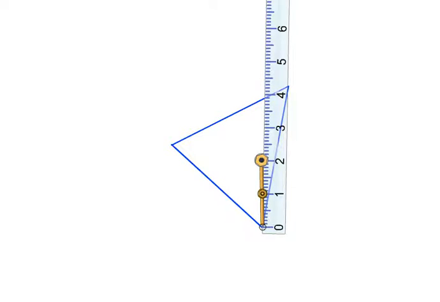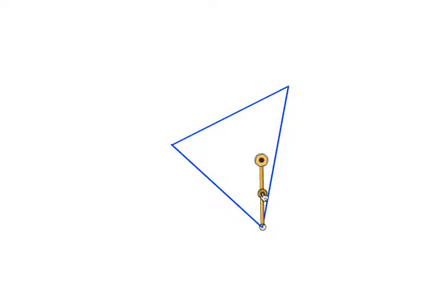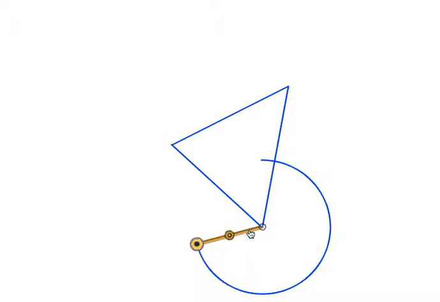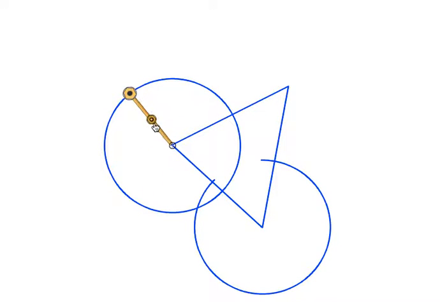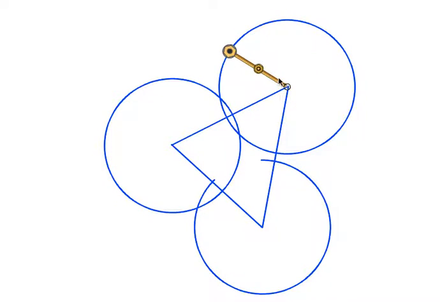I'll get rid of that ruler. And then I draw circles around each corner. I don't have to draw full circles. Actually, maybe I should in this case, just to show you what I mean by that. So I'll draw circles all the way around each corner, like that. Now,